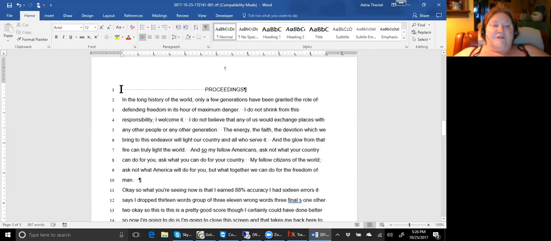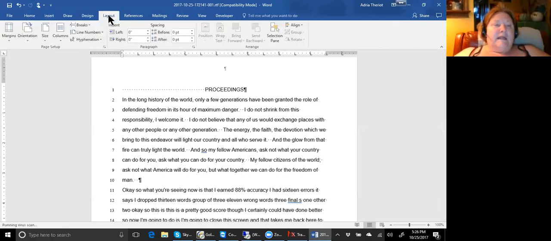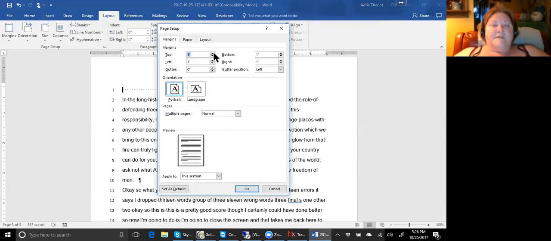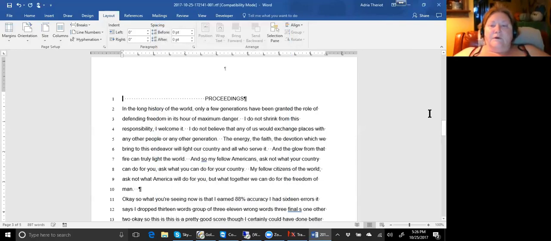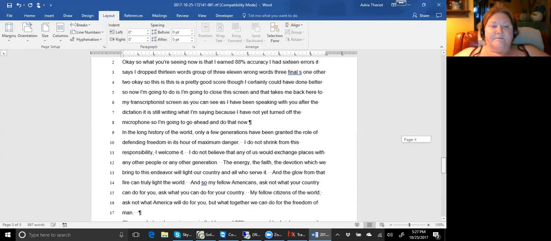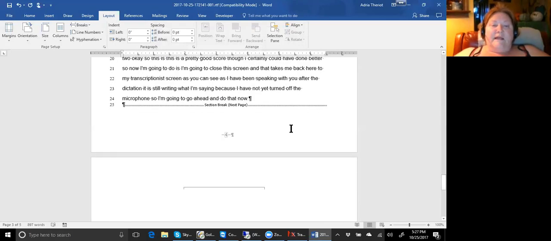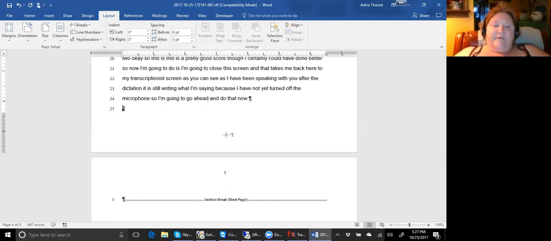So if we want to change the margins for the transcript so that we only have 25 lines per page, for example, we would go to Layout, Margins, Custom Margins. And normally if the top is 1.3 and the bottom is 1.3, that will give you 25 lines per page, which is common here in the US. But what we need to know is what is the right number for you guys. As long as we know what the right number for you guys is,